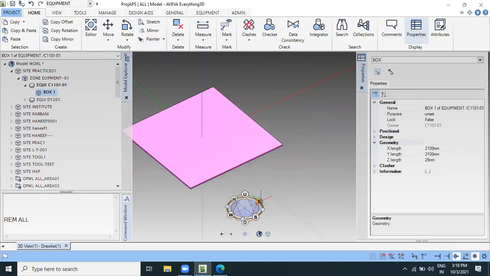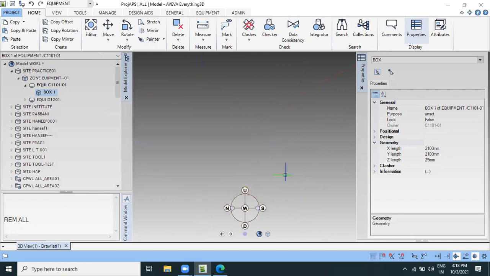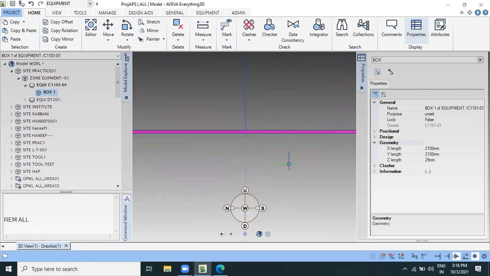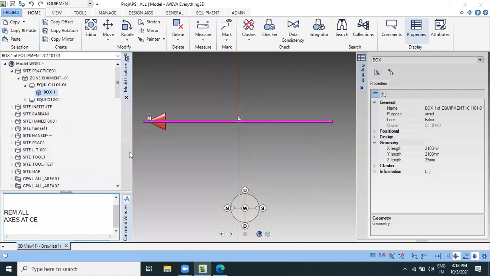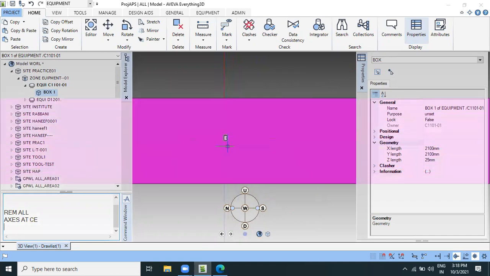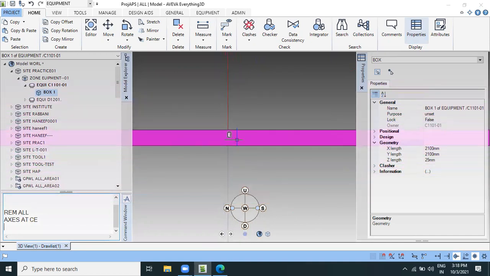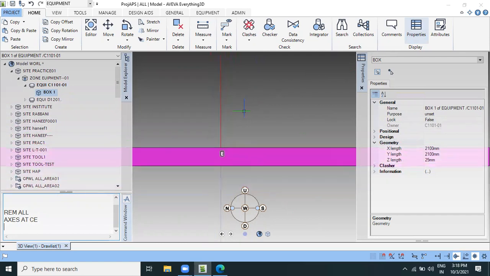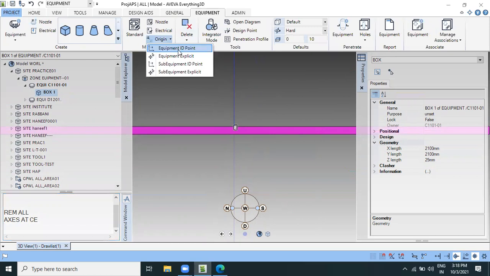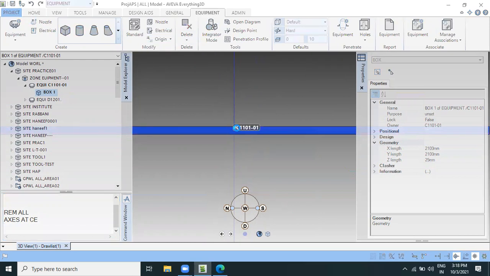Being on this equipment, look east. If the equipment does not come, right click, then the equipment is on the center. Then command here axis set C, then enter. Our equipment position is at the center, so we'll change the equipment position here. Go to equipment, move equipment id point, and change the id point here.